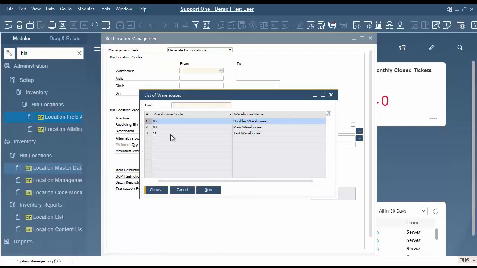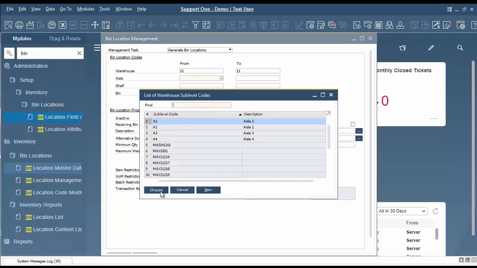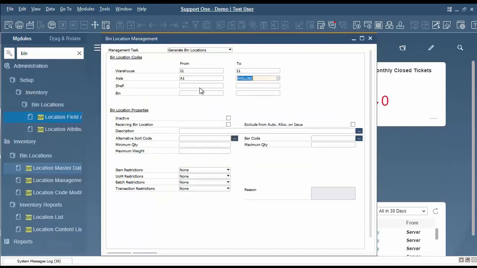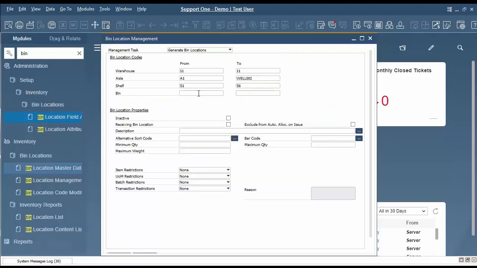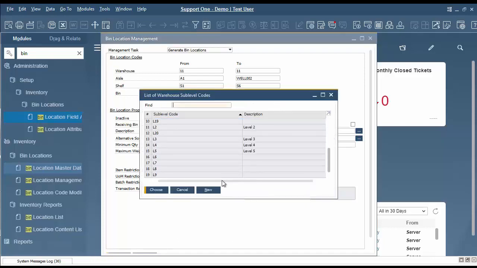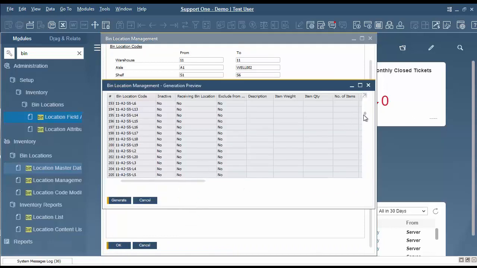Now, once in here, we're going to choose our warehouse. And so as we're just building for test warehouse, we're going to choose our aisles. We're going to go from the top, from 1, all the way to the bottom. We'll choose our shelves. And this is going to build a location for each one of these. Now, once I hit OK, it's going to give me a preview to say I want to build all these bin location codes in the system. And once I do that,